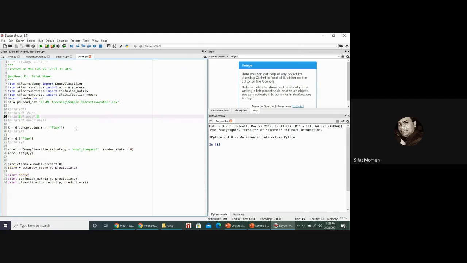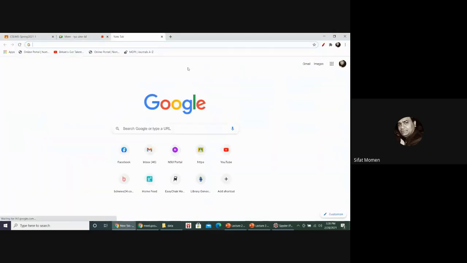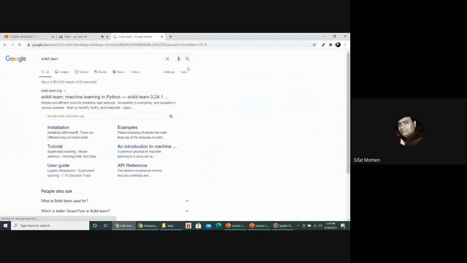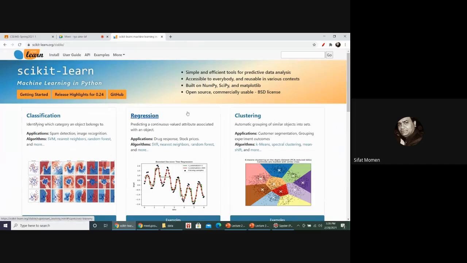Take a closer look at what we have done over here. I am using something called sklearn. Sklearn means there is a machine learning library called Scikit-learn. Okay? Right. So if you write down Scikit-learn, you should be able to go to the Scikit-learn